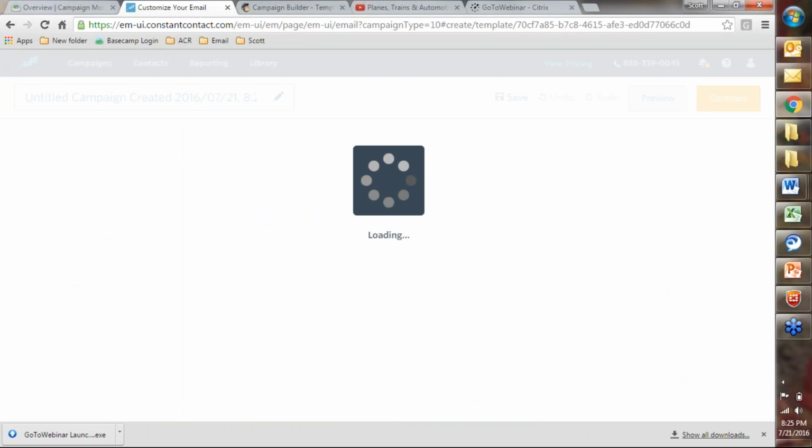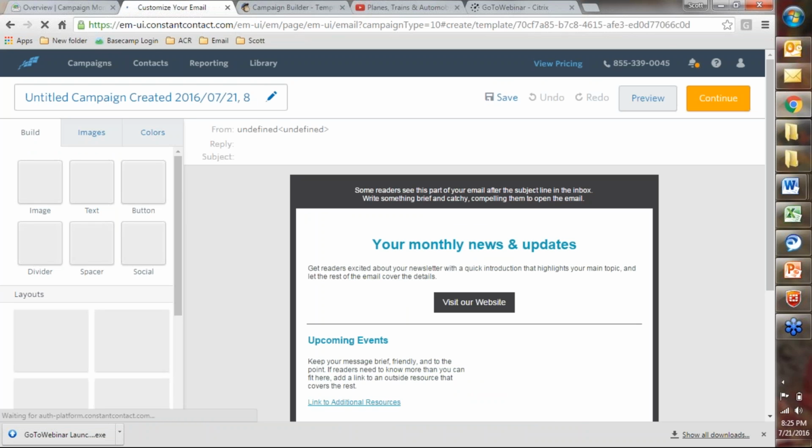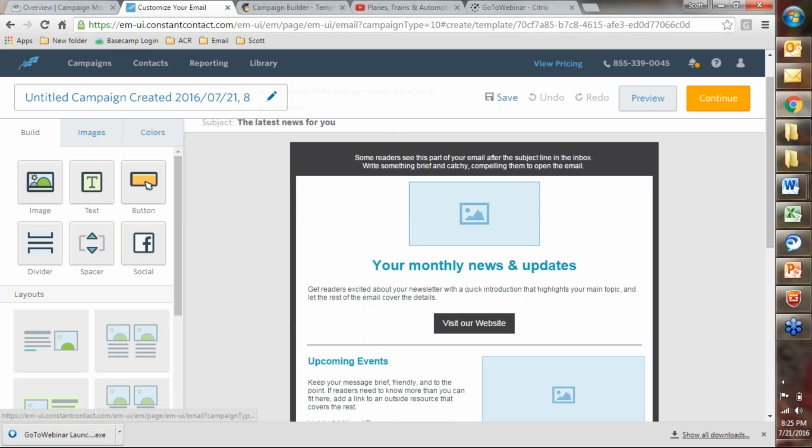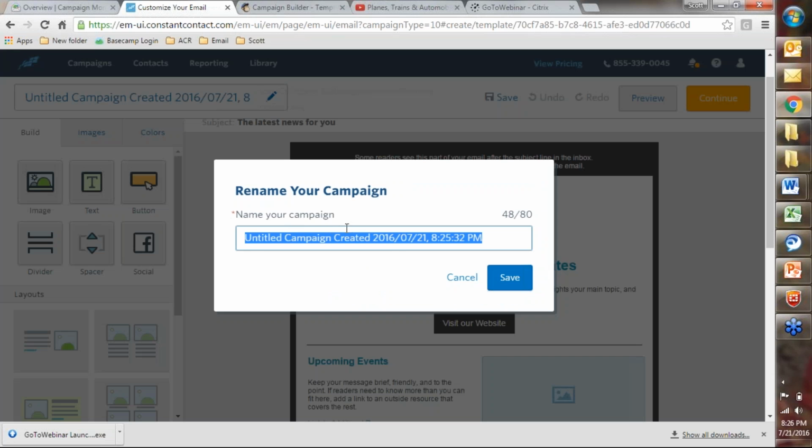You'll see how very easy the interface is to work with. It's basically drag and drop. You can click on stuff. You upload directly from your desktop files, and it will automatically size and place wherever you need. Really, it's honestly just a click anywhere that you want to edit the information. So right here, if I want to title my campaign so that I know what it is, that just pops it up right there and it timestamps it for you. That's perfect. And I can just put class webinar. There you go.